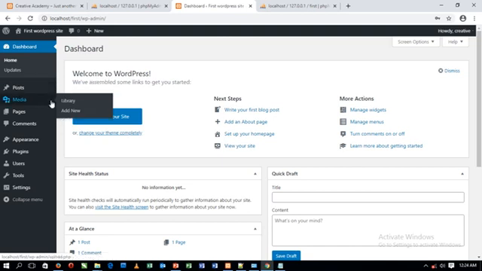Then media, this is where you have all your pictures, your documents, your videos, all your files. This is where you locate them. Then pages. We've talked about web pages when we did the HTML class. If you haven't gotten our HTML video, CSS video, Bootstrap video, you need to get that so you can learn how to design websites before coming to WordPress. You know, it's also important we know how to make use of the HTML and CSS and CSS libraries, though this WordPress is another chapter on its own.